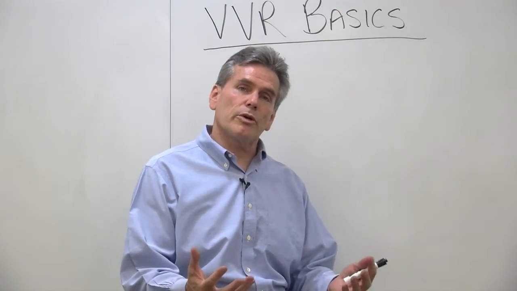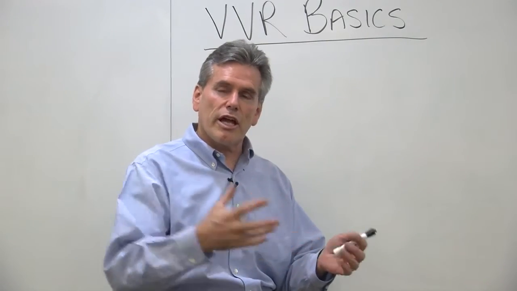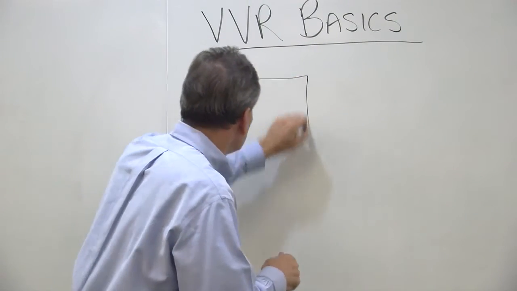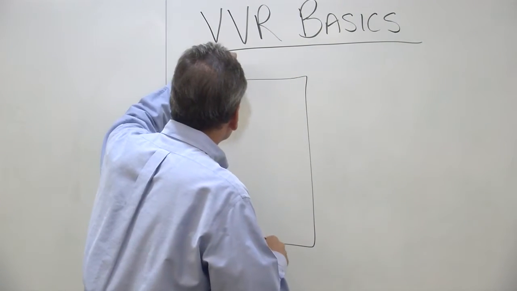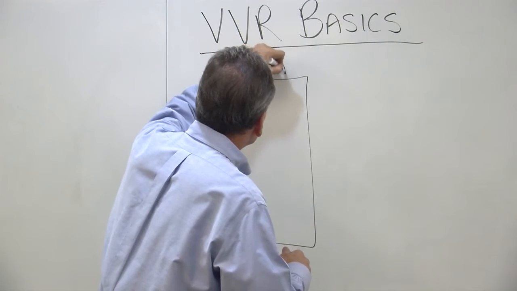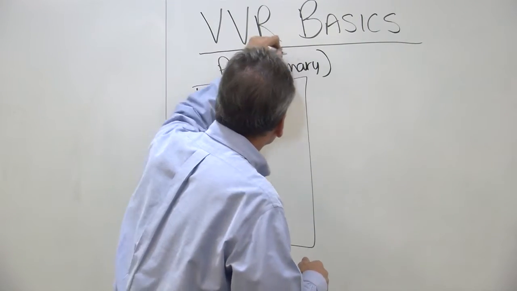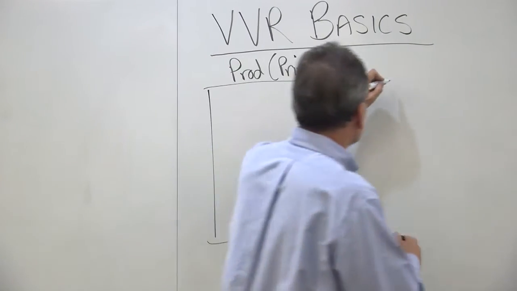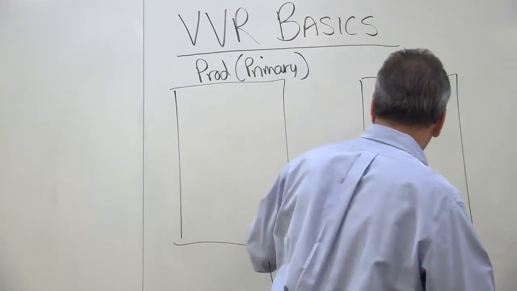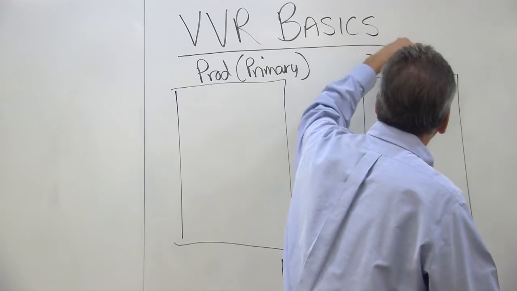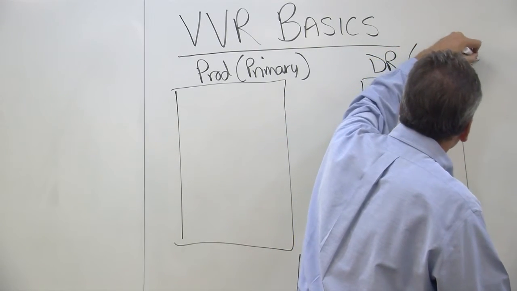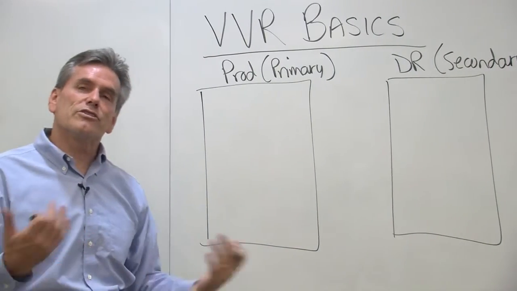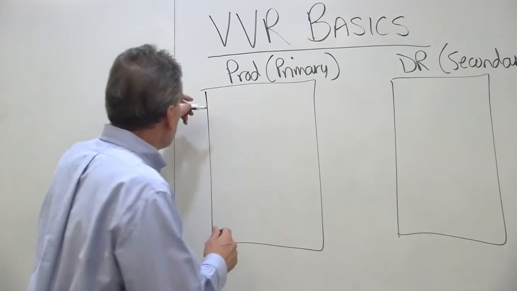So for a customer, that means they're going to have their production site and typically a DR site. We refer to the production site as the primary site. The DR site would be referred to as the secondary site. Right? Now,